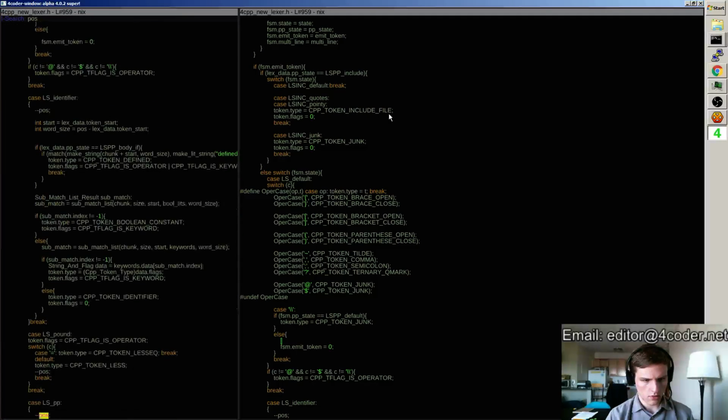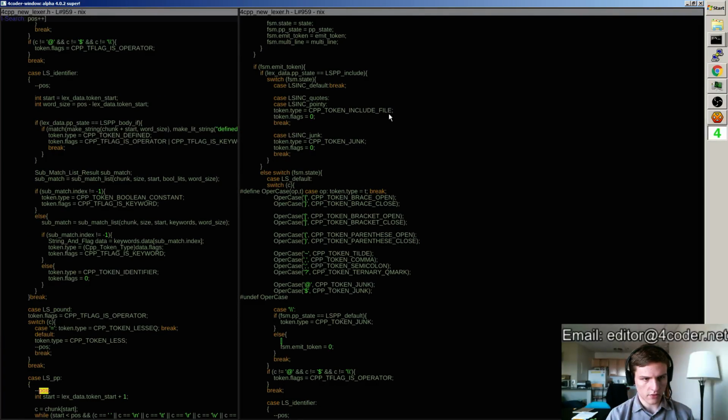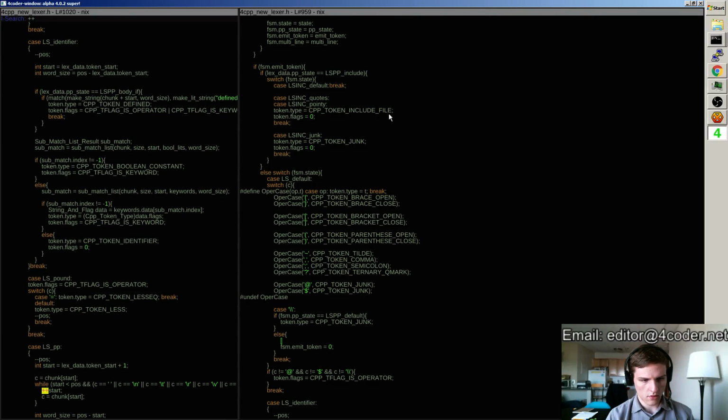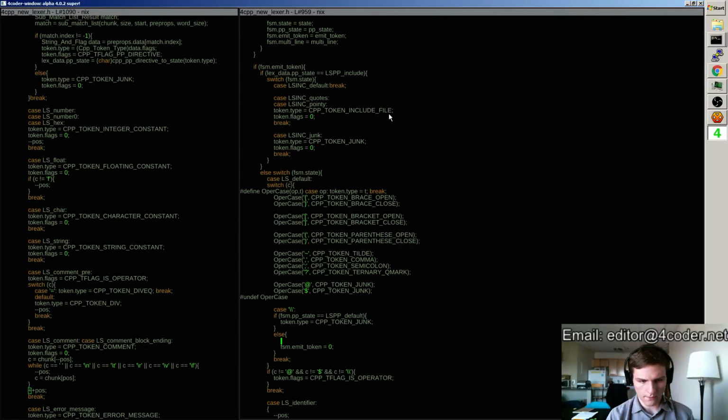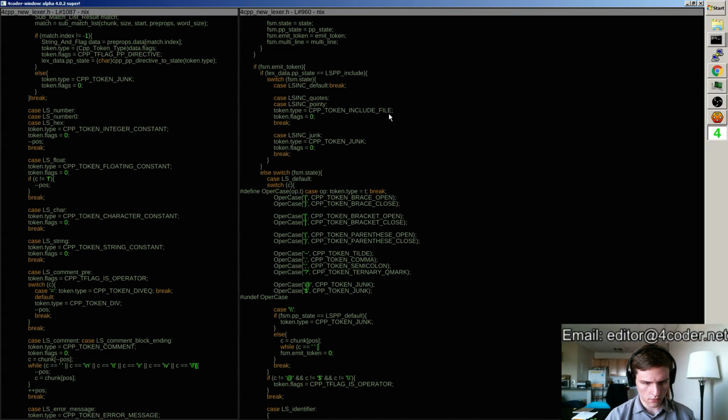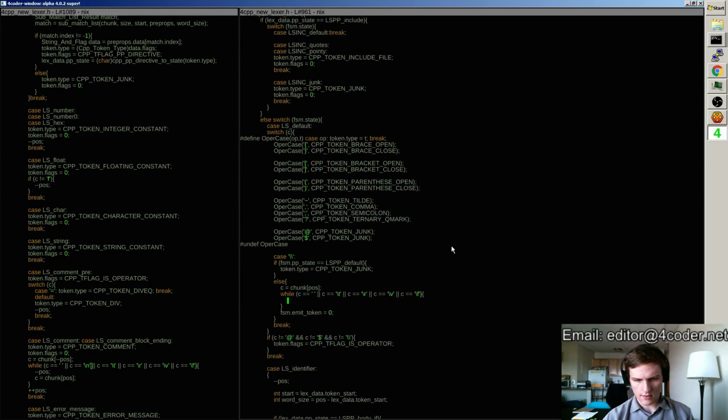Position plus square plus position. There we go. This is the one I wanted. So I want to do something like where I go C equals get the current position and then do while C is any of the white spaces other than new line. Keep on looping. And